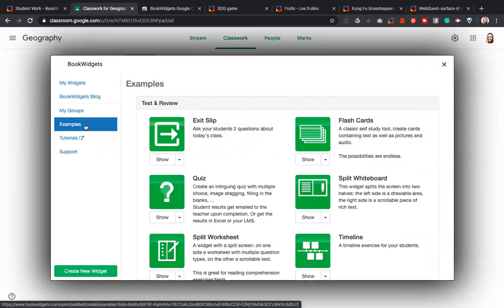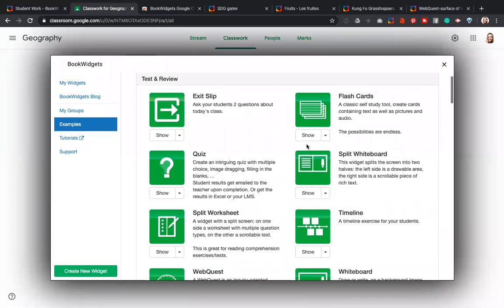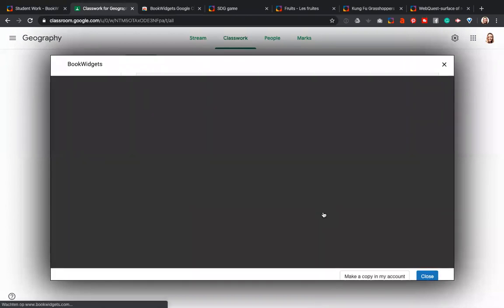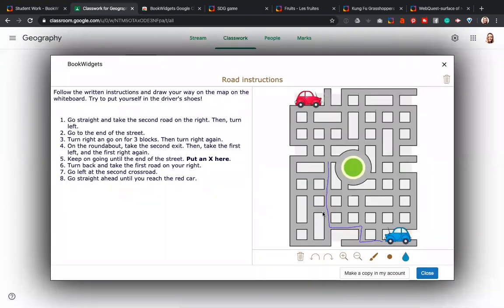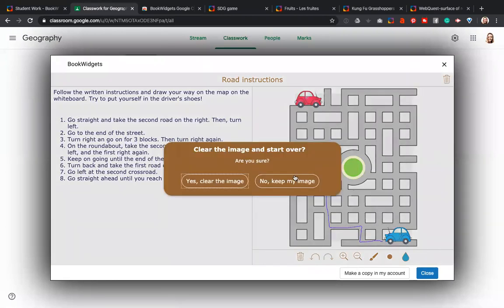So this is one important tab. If you don't know what you can do with every widget, with every interactive exercise in BookWidgets, you can just go to the examples. A nice example here is the split whiteboard. Just click on the arrow, just choose one, and then you can see the possibilities of every single interactive exercise inside BookWidgets. This interactive exercise is actually an empty template of a split whiteboard, and you will have to put in your own content. So in this case,